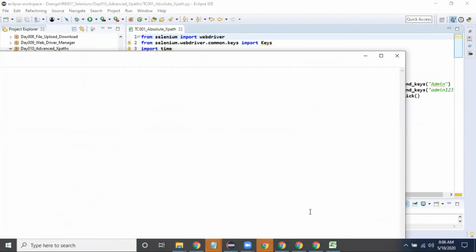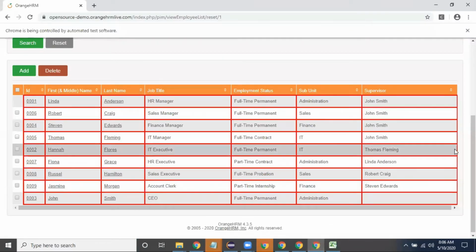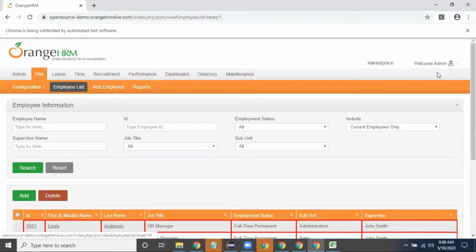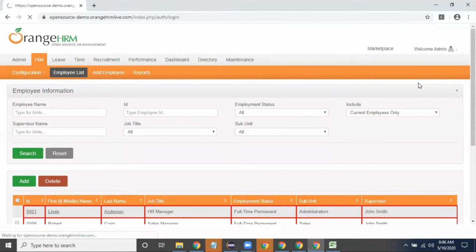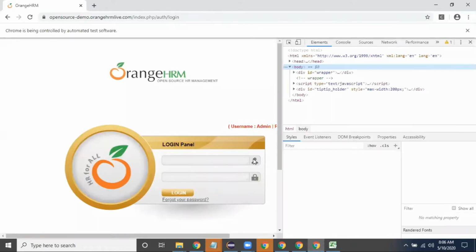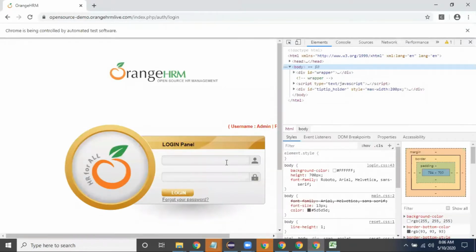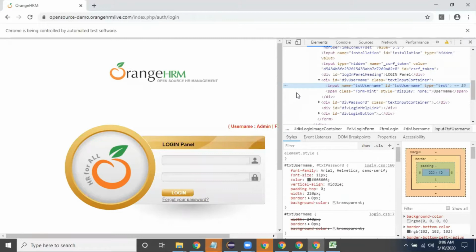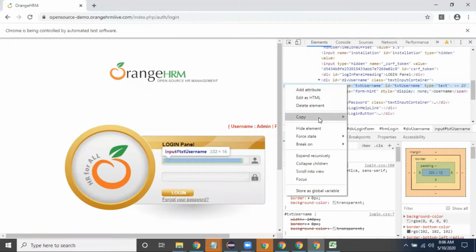Basically, in our first programs, we discussed XPaths. So how to write XPath and how to identify the XPath we discussed. Suppose this is my username text field. I'm right clicking and inspecting. So I'm taking copy XPath.